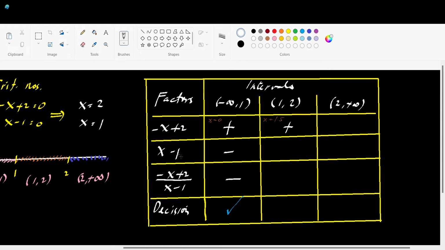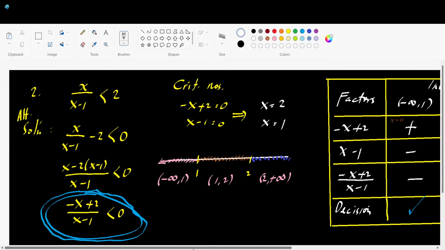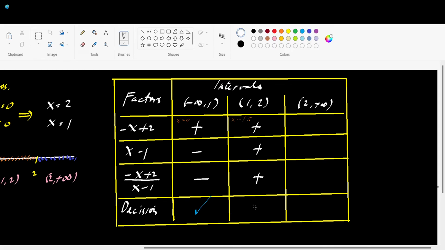1.5 minus 1 is positive. Positive over positive is positive. Negative x plus 2 is positive, and x minus 1 is also positive. So if you take the quotient, it will also be positive. But is a positive number less than 0? Is a positive number less than 0? No. So let us put an x there to indicate that the interval 1, 2 is not in the solution